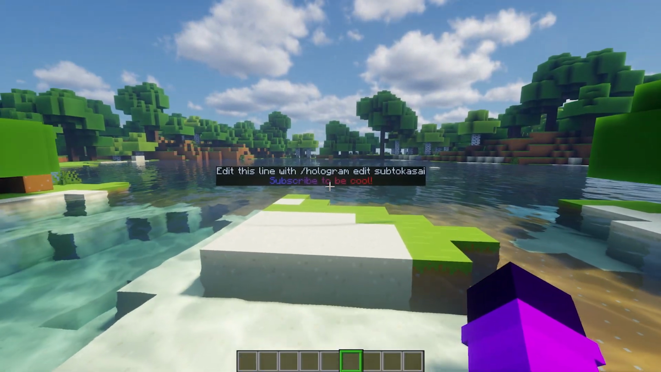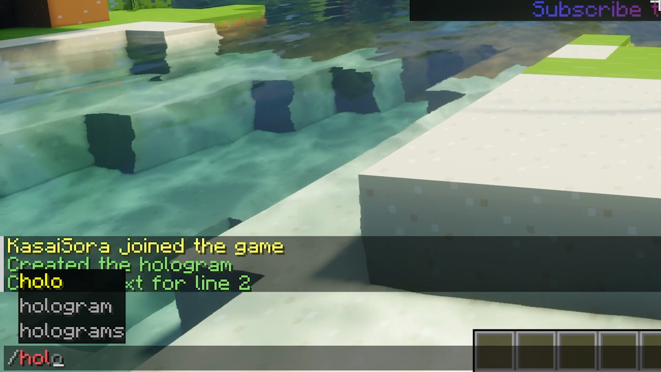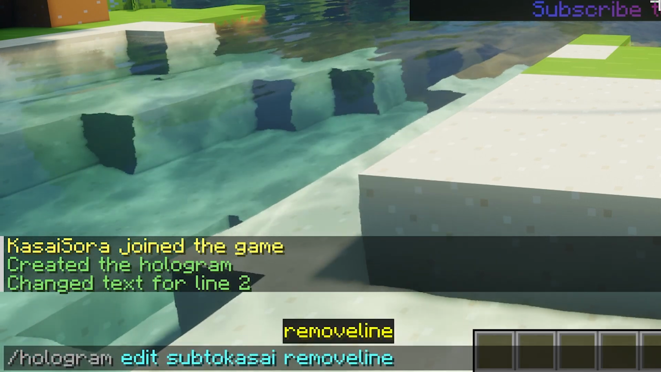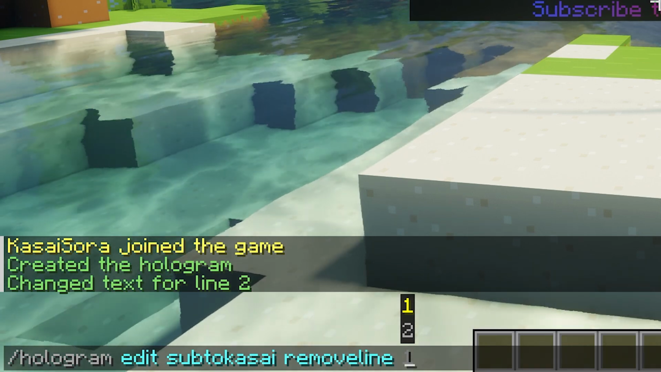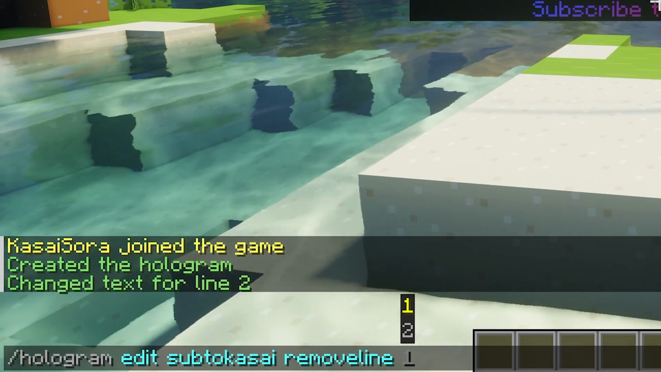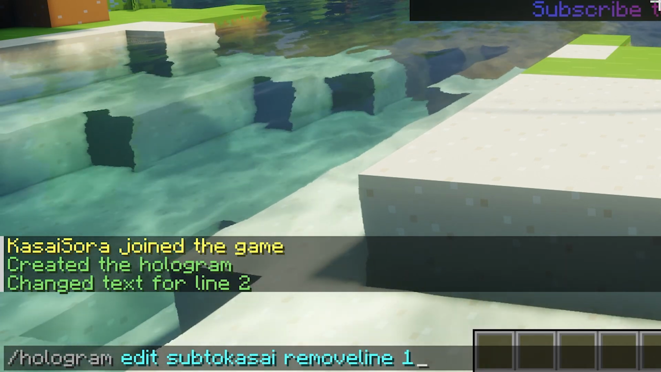We don't really want that one there anymore. So to remove a line, what you want to do is type /hologram edit, then the name of your hologram, and after that we can simply type remove line, and you will need to choose which line to remove. Now, the way this works is the top line is line 1. This line we just created is line 2. So if we want to remove the top line, we will need to type remove line 1, and there we